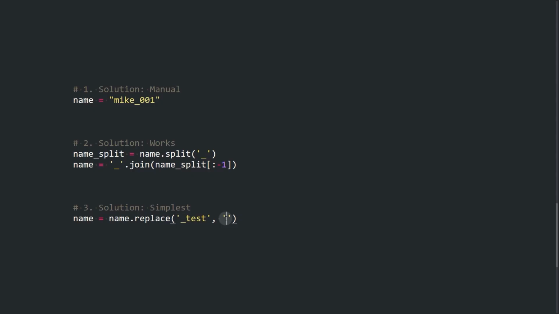And third one, what if there is no _test in the name? So in this situation, we would split it apart and remove whatever is last. It could be the number or something else. But with replace, if we don't find _test in the name, we don't do anything. Just solving it not always means it's the best code. Sometimes there are easier and even more robust solutions ahead.